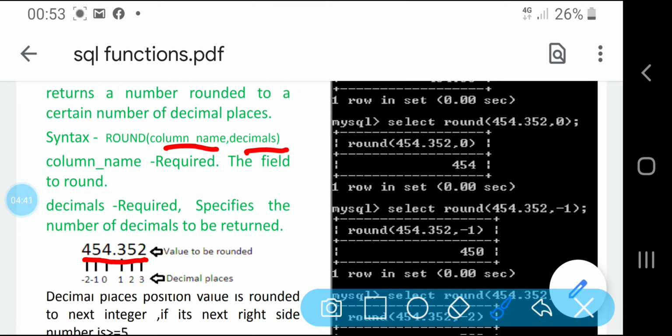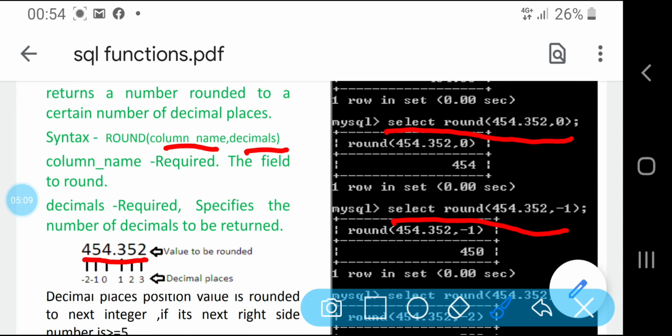Now you can see the output here: select round 454.352 comma 0. It means we are not rounding to any decimal place, so it will return 454. In the next command, select round 454.35 comma minus 1.